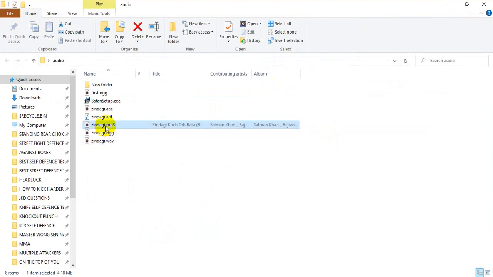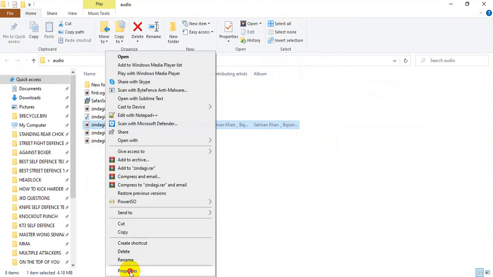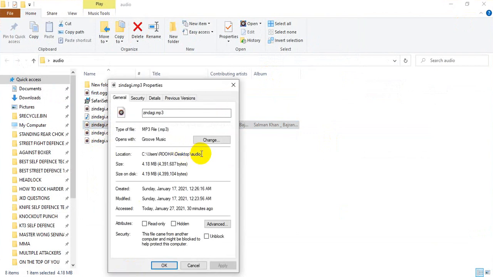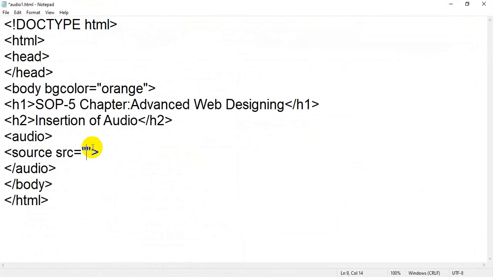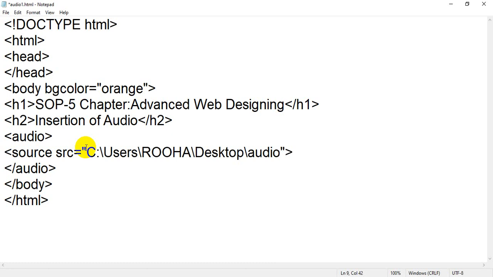I will right click on that, move to properties, and copy the full location, Control C. I will go back to my notepad file and paste it over here. After that I have to paste the name of the file.